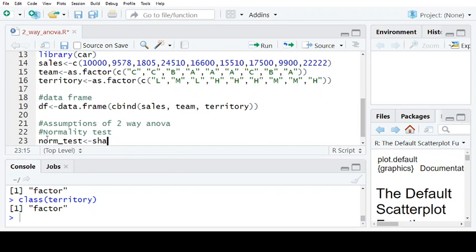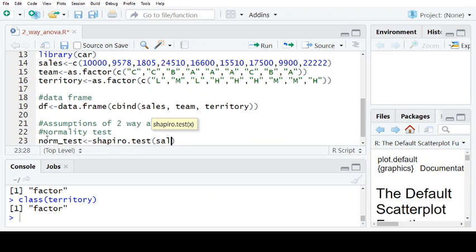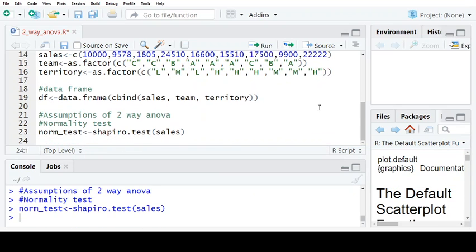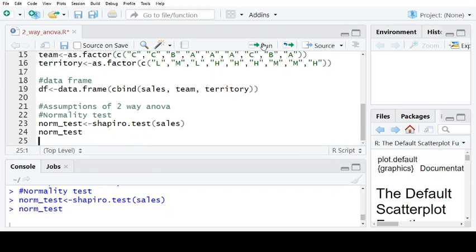I'll call for Shapiro dot test. Does my sales meet the normality conditions? Good. So let's see. I should have put down here norm underscore test, and I do that, and it shows